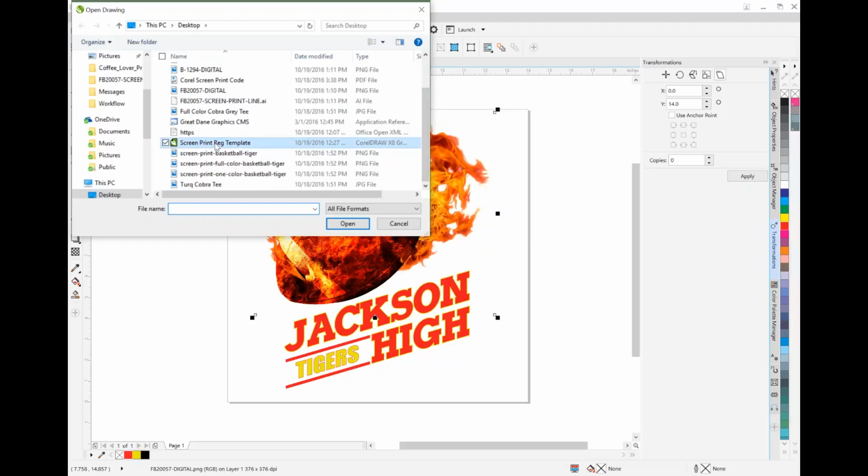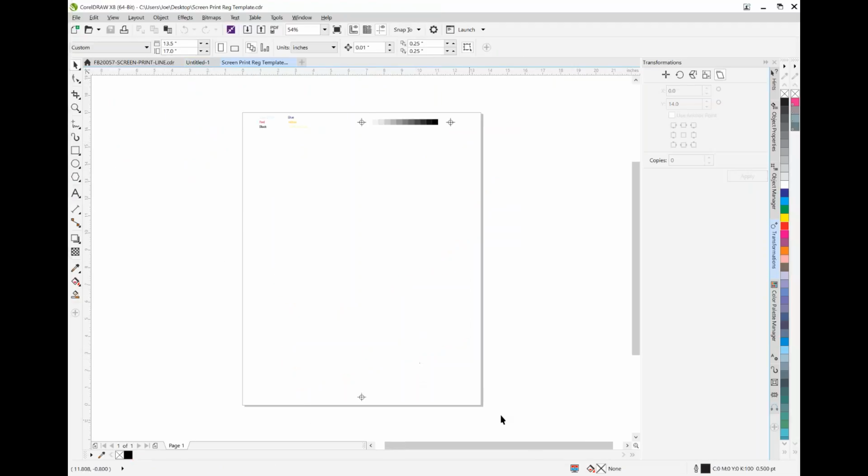Screen Print Template. This is a template ready to go for my film. I've got colors up here so we can fill those so you know what the film is. I've got my registration marks filled with registration color, which is a black that was, if you mark something as